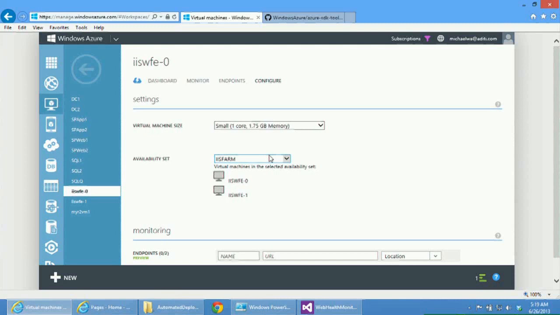So in addition to the availability set keeping your VMs on different racks in the data center for HA, it also tells the Windows Azure Fabric controller not to reboot both your machines at the same time whenever they do host OS updates. If you do not do the availability set, whenever they go and do a host OS update, they could literally take your entire server farm down because they didn't know how to split it up and how it was architected. So this is just a really quick example of how two web servers can be configured in an availability set and load balanced. And one thing I want to call out in this is